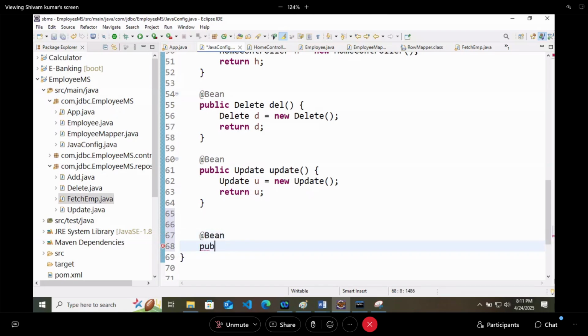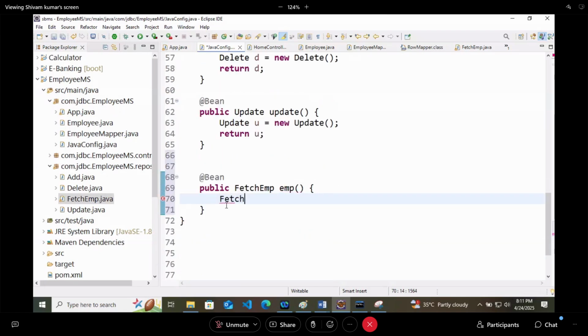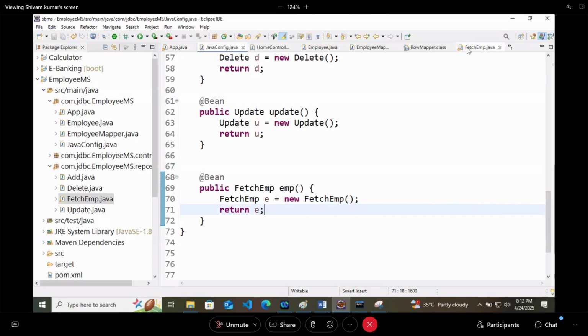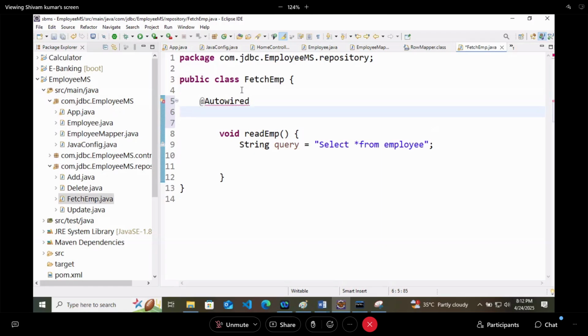Public FetchEMP, fetchEMP equals new FetchEMP, and return E. Now, as this is also a bean, I can autowire the JDBC template here.